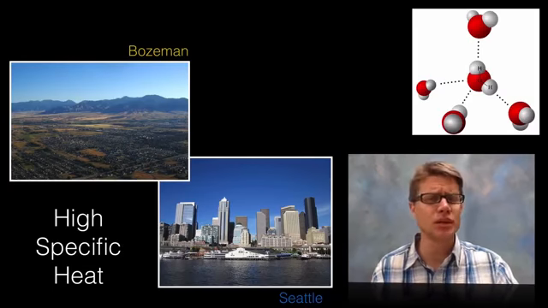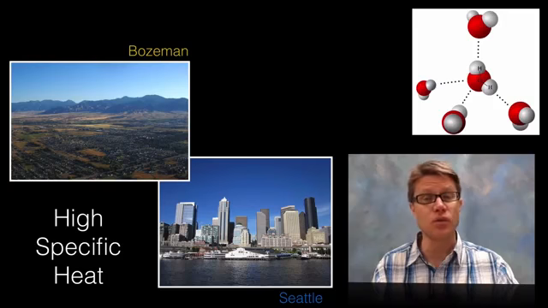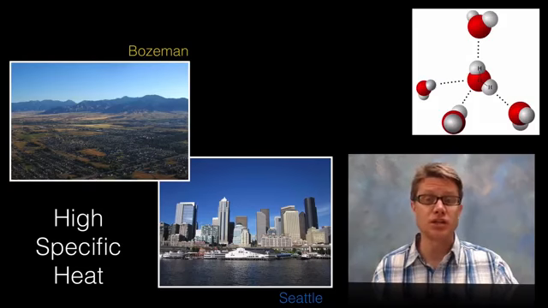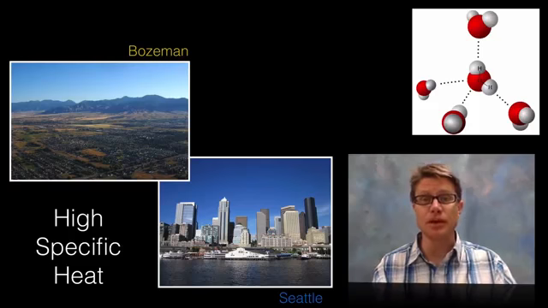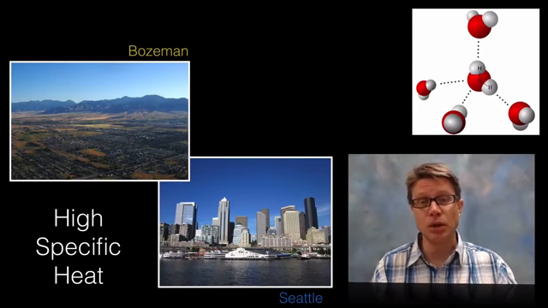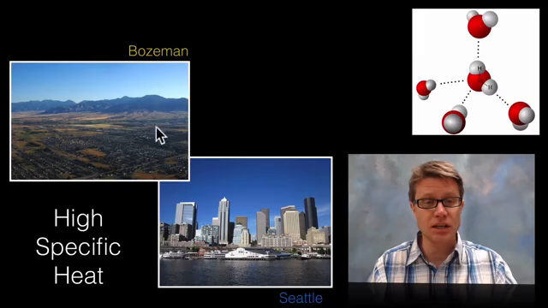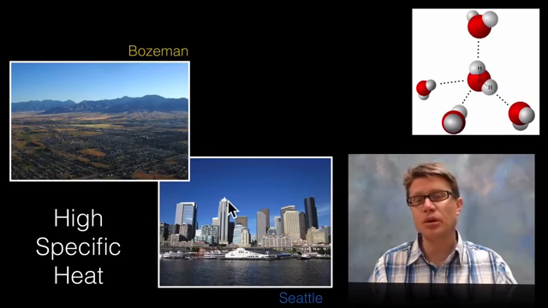What does that mean? It's really hard to change the temperature of water. And the reason why is, to change the temperature, you have to pull those molecules apart. And if you want to evaporate it, you really have to free up one of those water molecules. And so I live in Bozeman, and Bozeman looks just like this, surrounded by beautiful mountains, but we're at